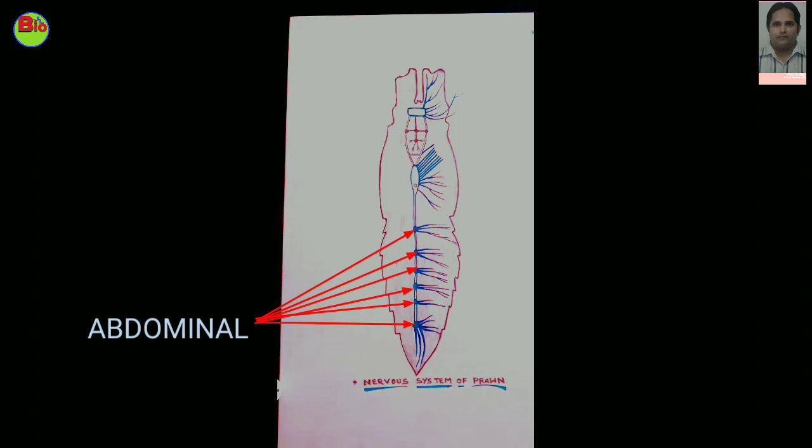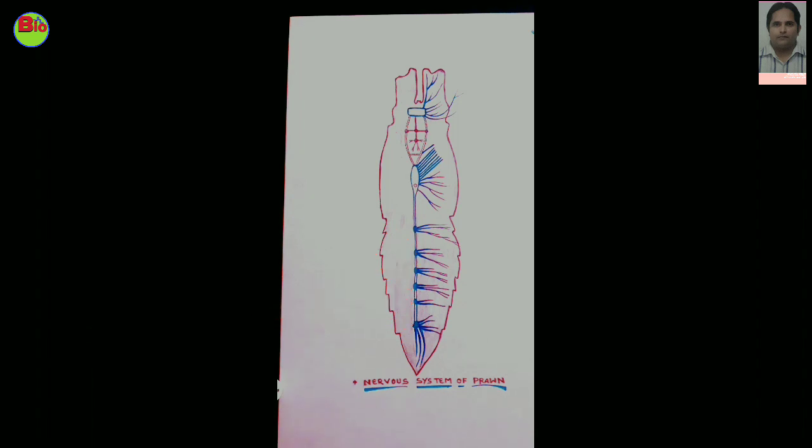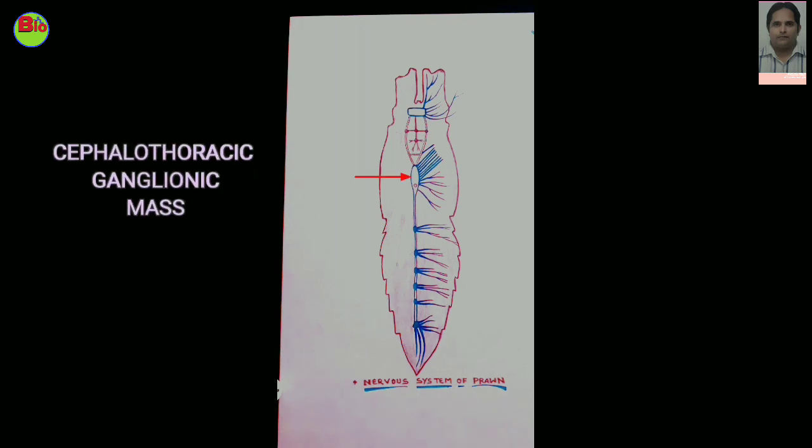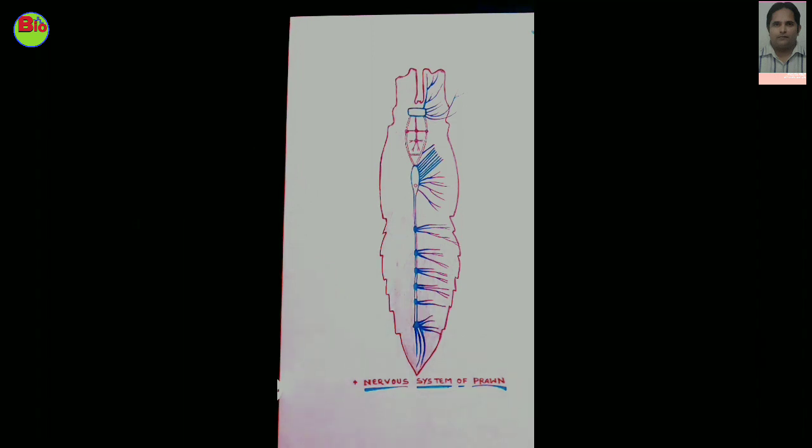The cephalothoracic ganglia, in which 3 belong to the head and 8 to the thorax, fuse to form a single large oval mass, that is the cephalothoracic ganglionic mass, while abdominal ganglia are arranged segment-wise, in which the last or sixth abdominal ganglion is larger than the others, because several post-abdominal ganglia fused with it.